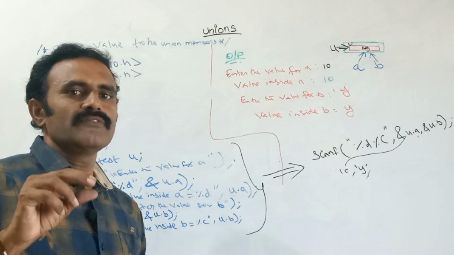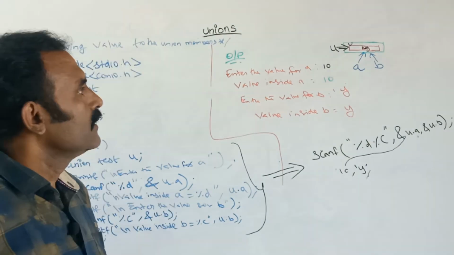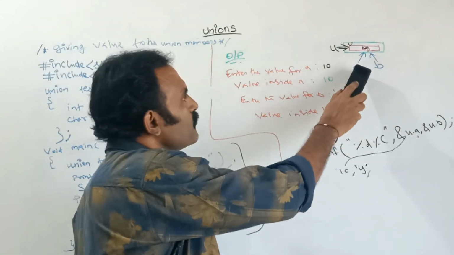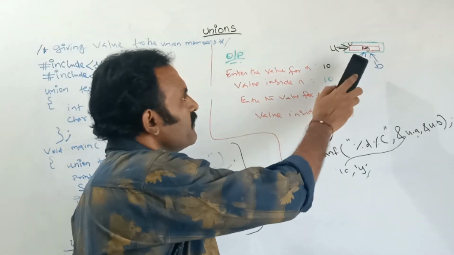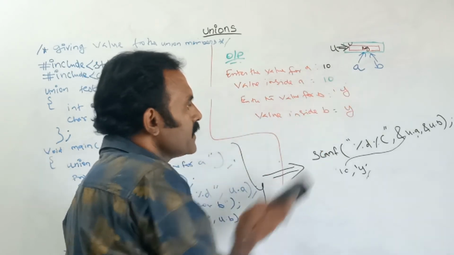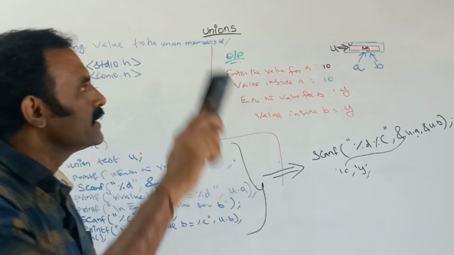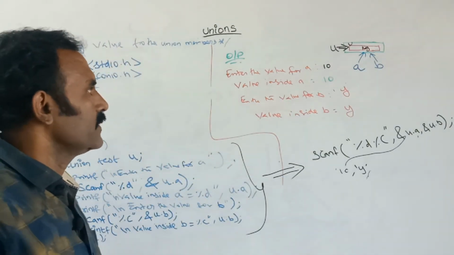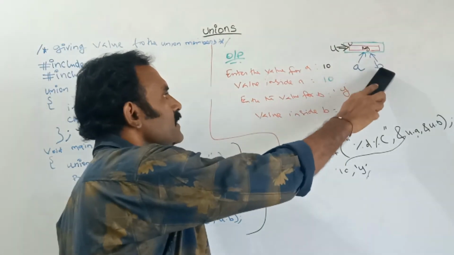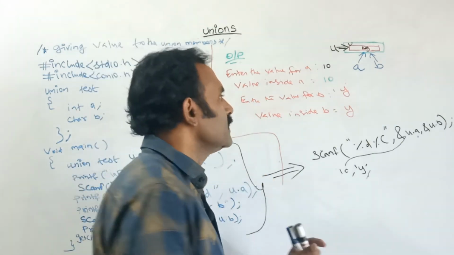See, for testing, now let us see another example. As the same memory space is occupied for both the members, if you are giving the input for the first member and you are telling to print the second member, then how will it print? Depending upon the data types it will print. See here, this is the integer data type, this is the character data type. Now let us see a simple example about that here.